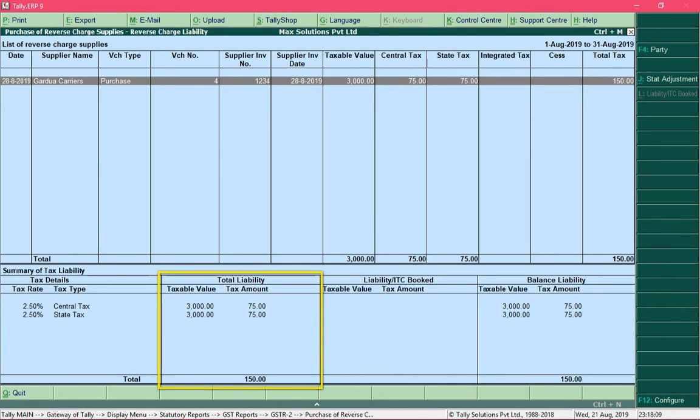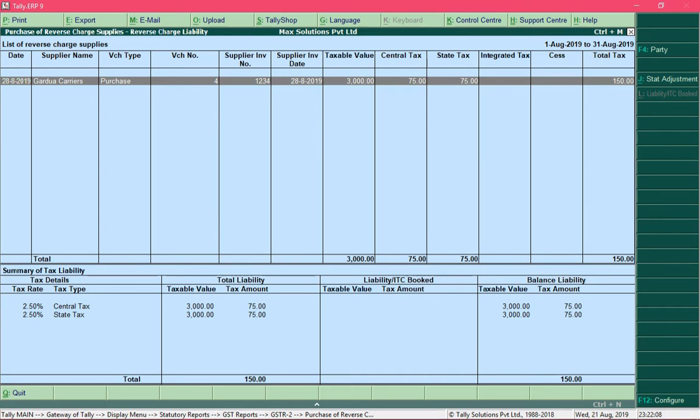So over here you can see that this is our total liability that we are required to pay, and over here under the heading balance liability is the net liability which you are required to pay after paying the total liability.